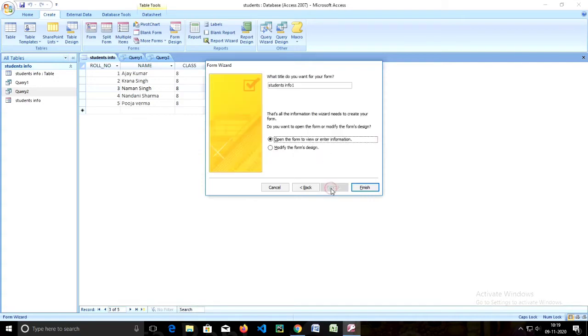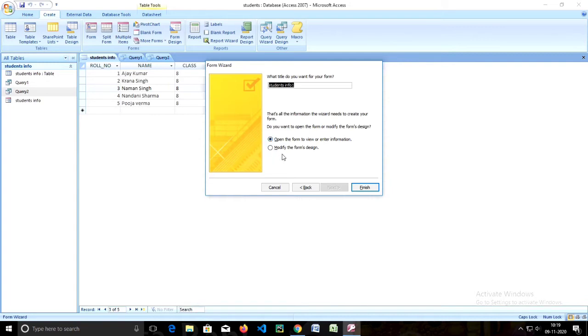Now in the Form Wizard window you see what title do you want for the form. If you want to give a title to the form, you can type it here. After that, do you want to open the form or modify the form design? You have two options: open the form to view or enter information, which is the default.